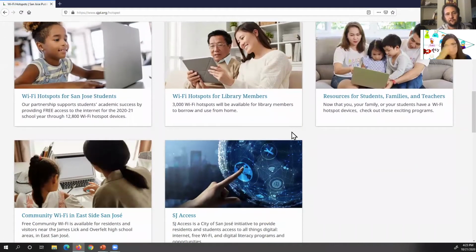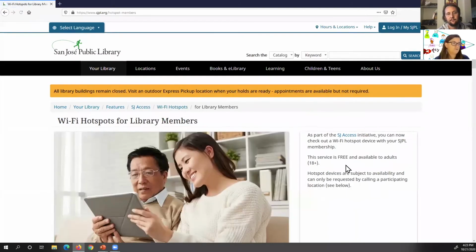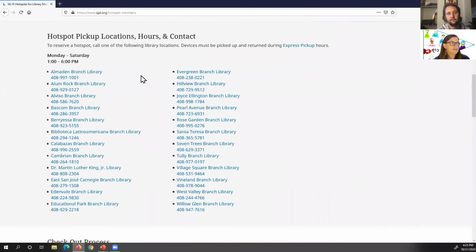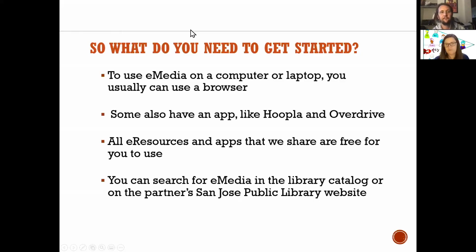Once you've decided whether you want to check one out, you can go here to Wi-Fi hotspots for library members. It gives you a list of the branches that have those hotspots, and also a phone number so that you can call the branch, make an appointment, see if they have one available, and come in and pick it up if they do. So that's our hotspots, and those are a great resource if you are having connectivity issues.